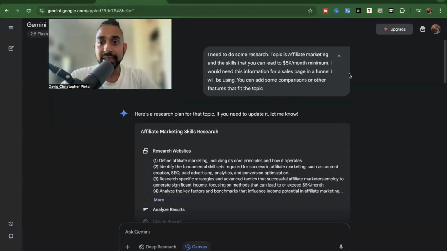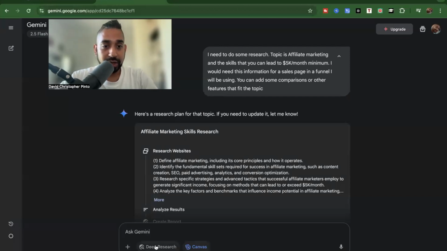At this stage of the prompt, when you're using any AI, guys, I would say the best thing is just get the research done, get the information there, because if you don't have the information there, then the output that you want from the AI is going to be not substantial enough. Okay, so right now the best way to do this with Gemini is you put deep research right here and